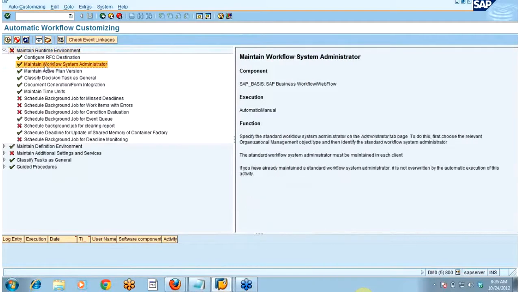So whoever is maintained as a workflow system administrator here will receive the notification. In workflow debugging and troubleshooting, I will be showing you how to get these error workflows, how to send notifications, everything.